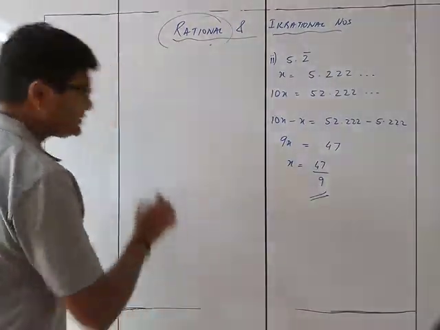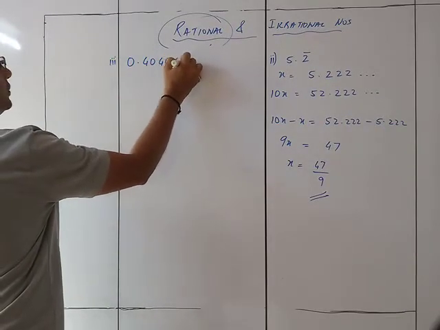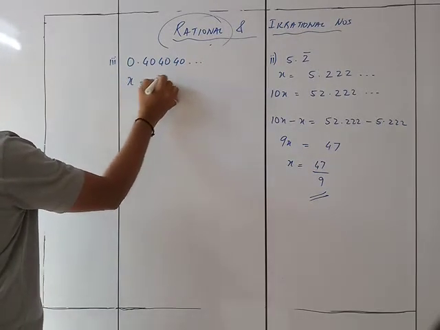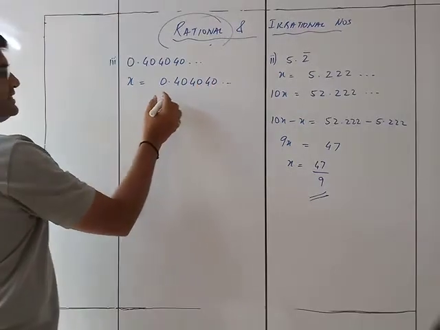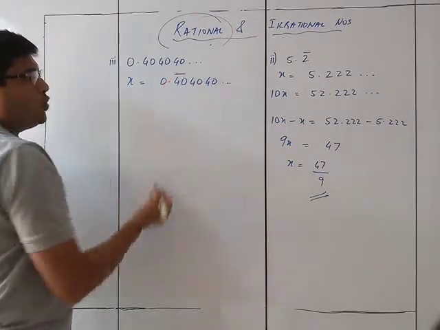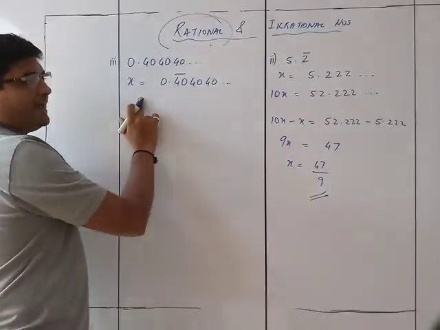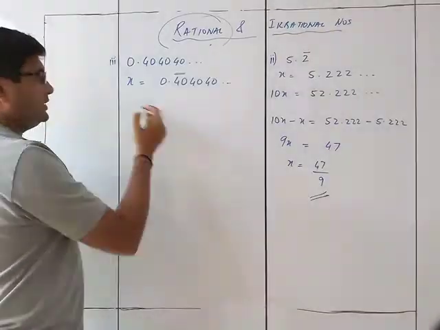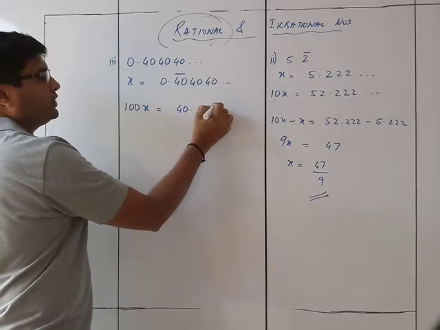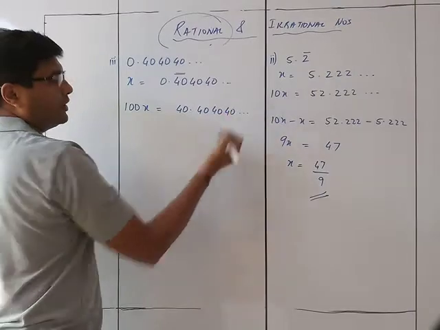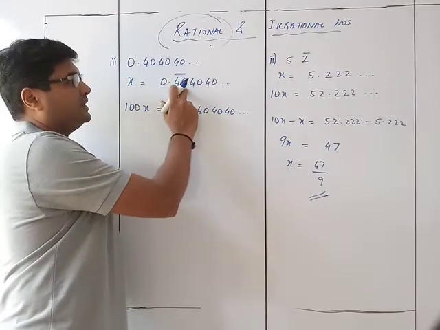Question 3 is 0.404040... That means x is equal to 0.404040... Now you can see here the recurring part is 2 decimals. So because there are 2 decimals, instead of multiplying by 10, I will multiply it by 100. So I'll get over here 100x is equal to 40.404040... You can see what we are actually doing is that we are multiplying this number by